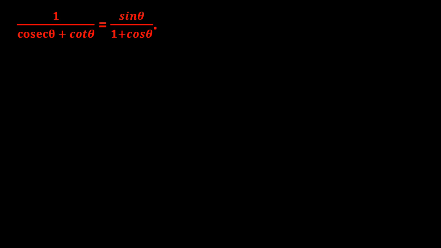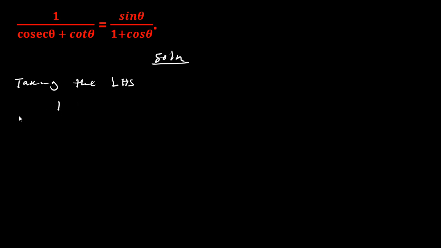So let me quickly move on and look at this next question. So this next question, we have been given 1 over cosec theta plus cot theta is equal to sine over 1 plus cos theta. So we can still get the left hand side. So taking the left hand side,